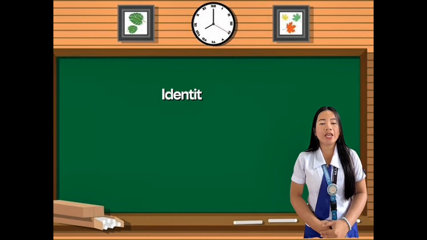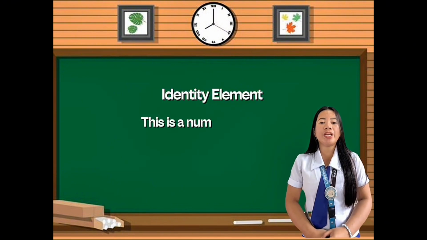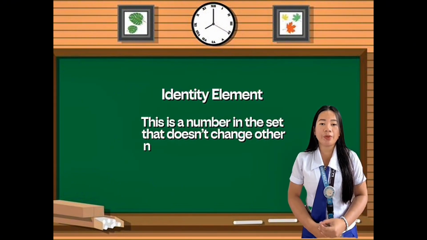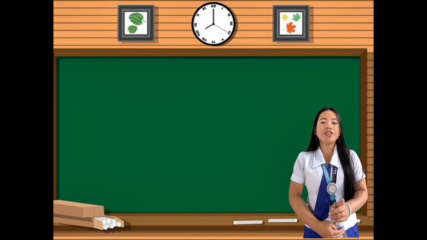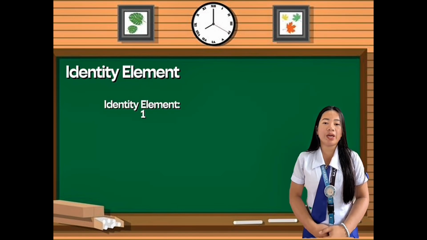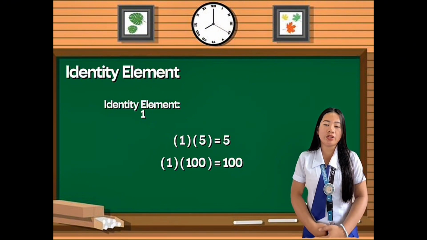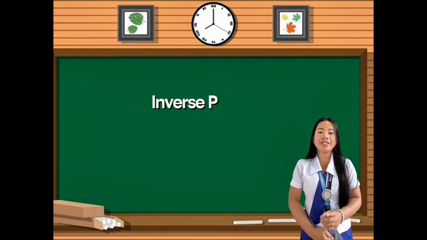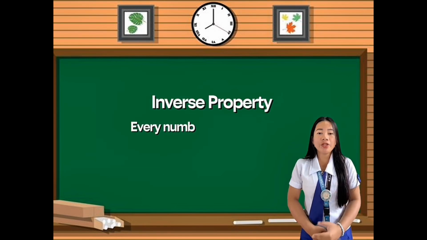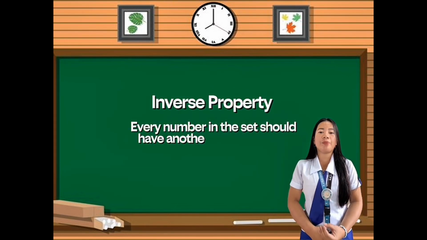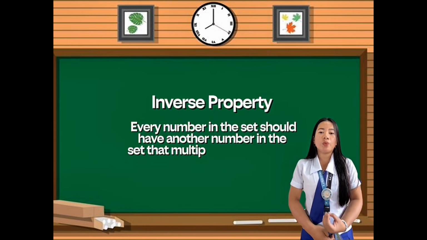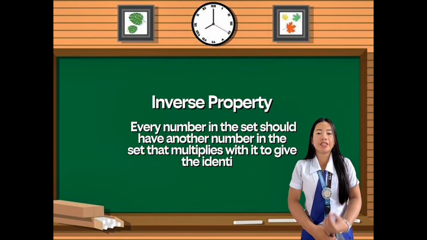Now the identity element. This is a number in the set that doesn't change other numbers when multiplied. Here the number 1 works perfectly because 1 times 5 is equal to 5 and 1 times 100 is equal to 100. So it satisfies the identity property. And now the inverse property. Every number in the set should have another number in the set that multiplies with it to give the identity. For instance,